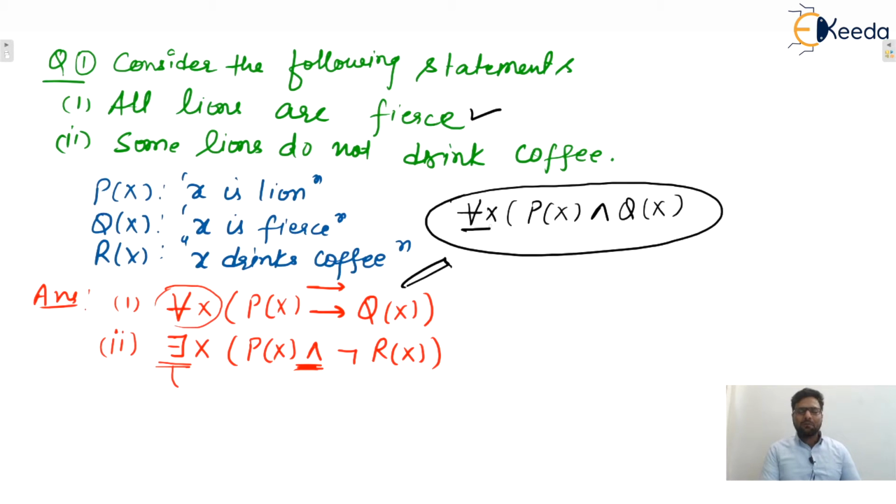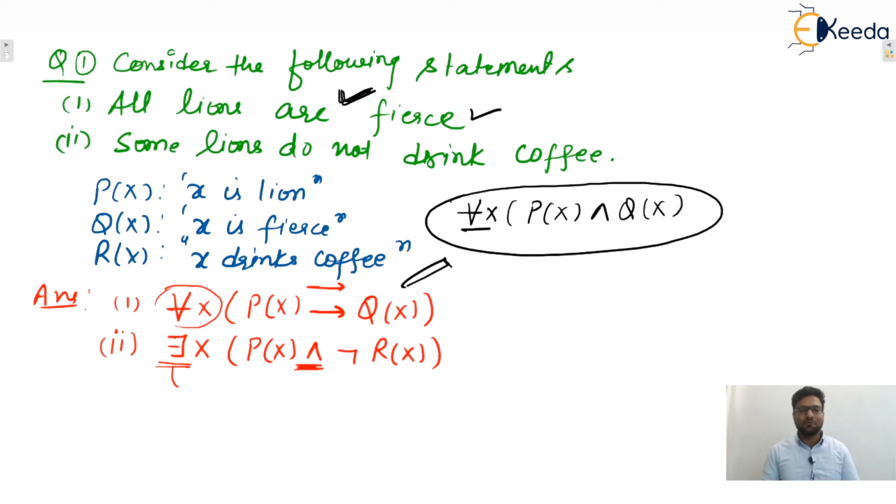Now you only tell me, among all creatures, some are lions, yes or no? Whenever there is no lion, we can say that among all creatures, let's say there is no lion, isn't it? Means various creatures are there in nature, and out of these creatures, let's say no lion is there, then in that case you tell me whether this statement should be true or false.